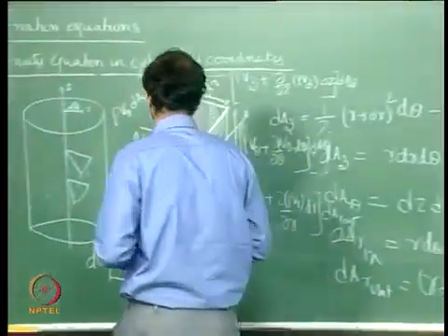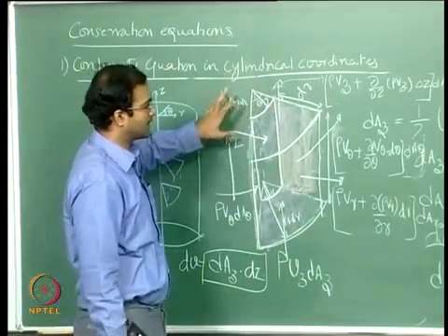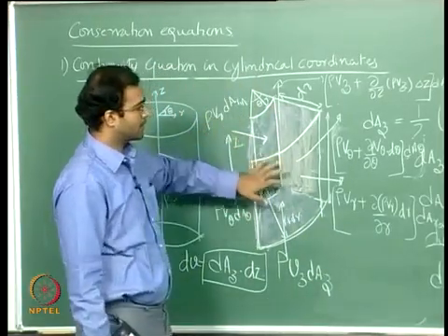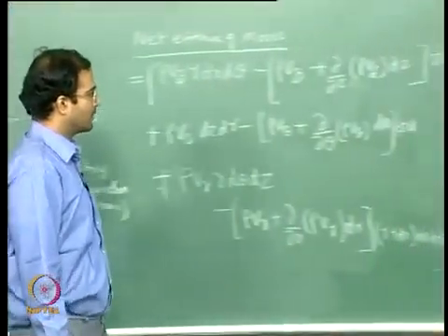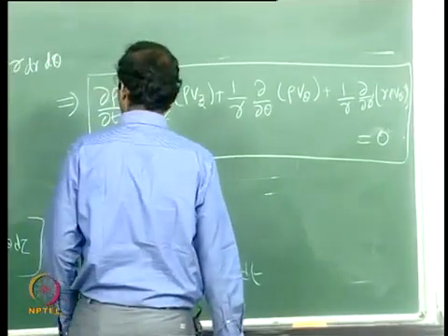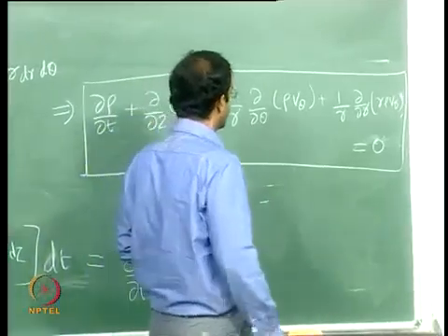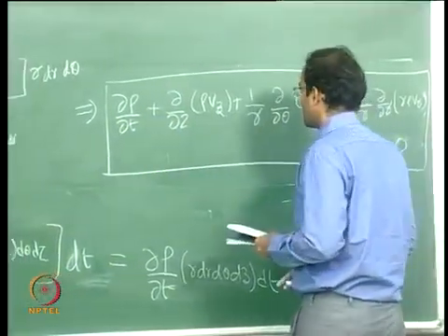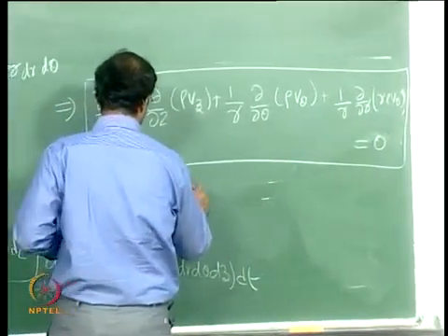So basically it comes out of balancing the mass fluxes going in all the directions through the control volume surfaces to the change of mass within the control volume. So if you simplify, knock off all the common terms and neglect all the higher order terms, the terms which are very small, then you end up with this particular equation. Once again, for incompressible flows,